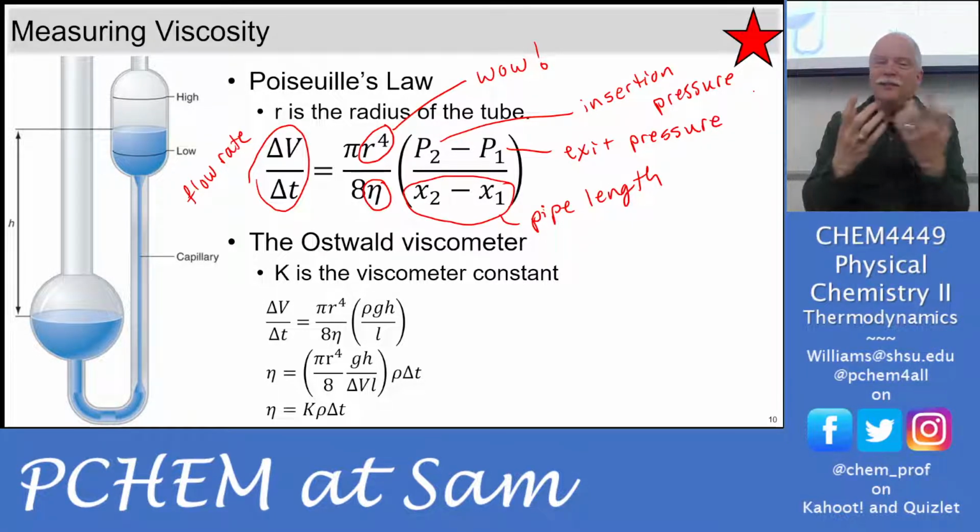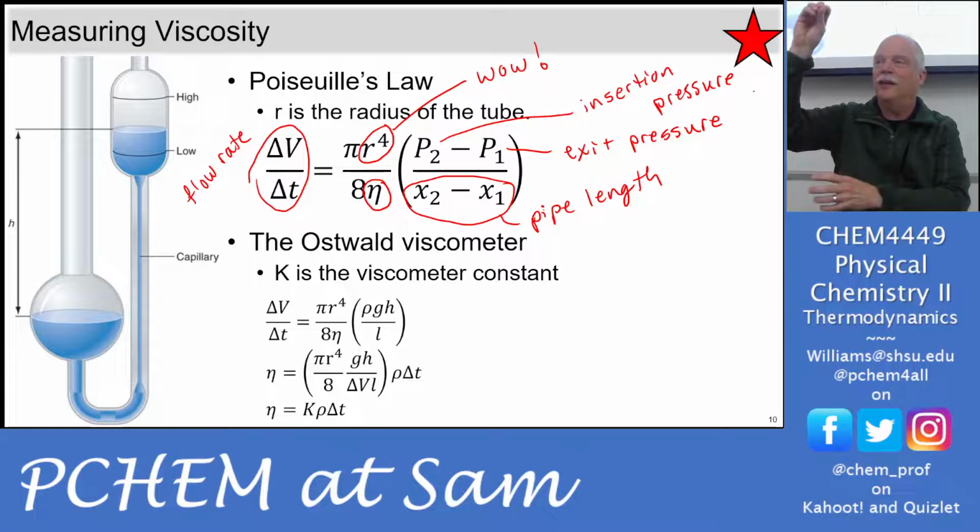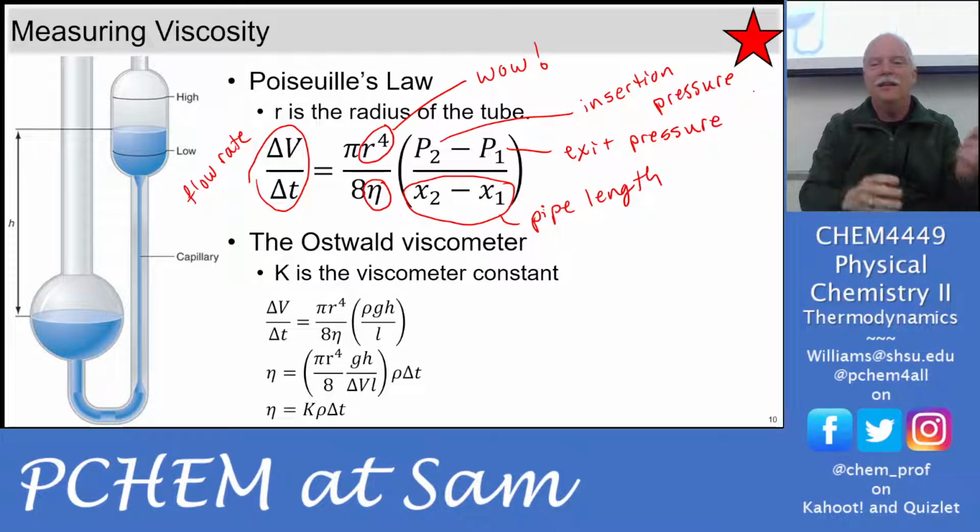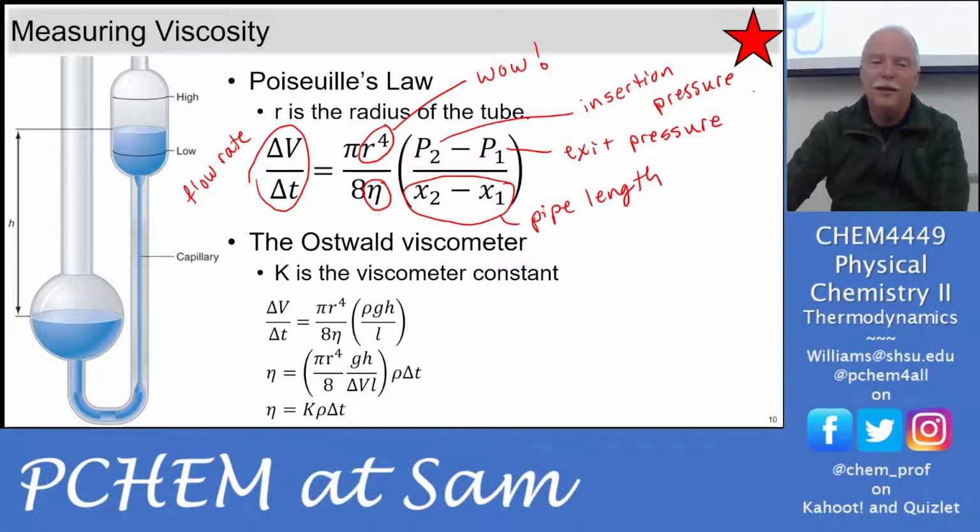And so it's kind of like this flow. The exit pressure is the best vacuum you could get, and with atmospheric pressure, that difference is only going to get so big, and basically flow is going to stop in that situation. Now, if you give it a larger insertion pressure, then you can have a flow again. So these two pressures are interesting to play around with. But this radius to the fourth power,